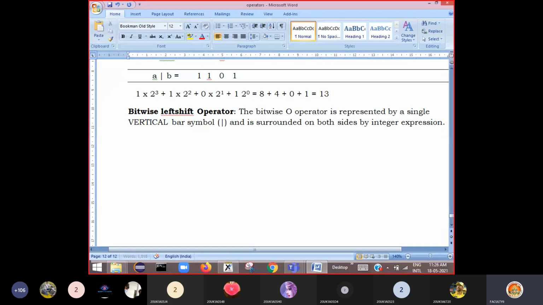Here we can write that the bitwise left shift operator is represented by the symbol double less than. It is represented by the symbol double less than and is surrounded on both sides by integer expressions